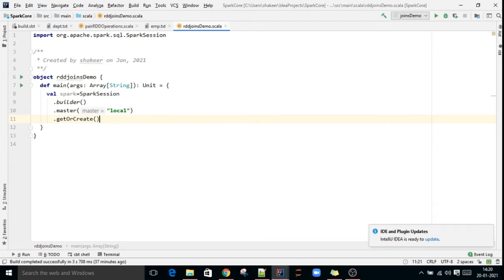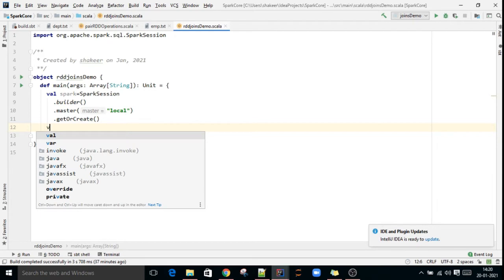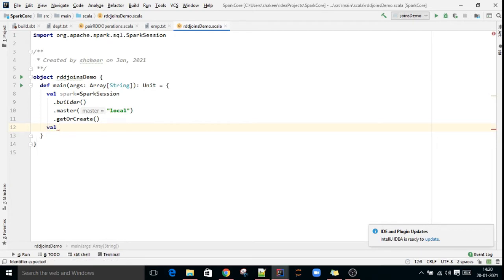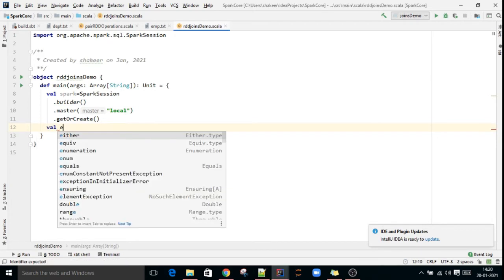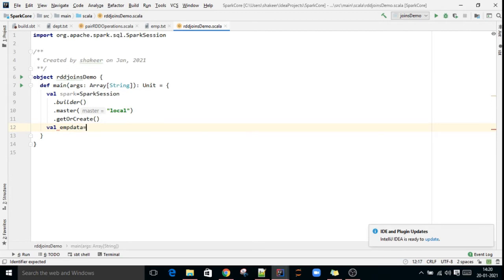It is common. As a first step we have to read datasets. Emp data equal to, we have an API to read text files, spark.read.textFile.